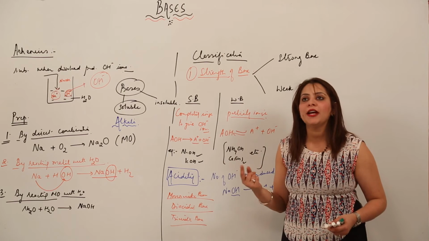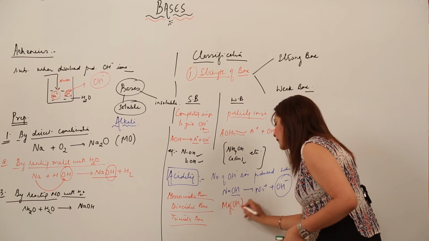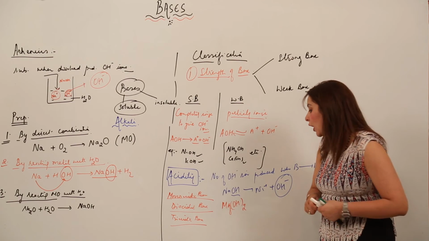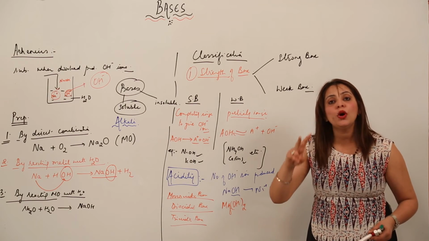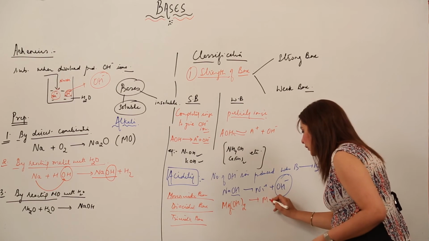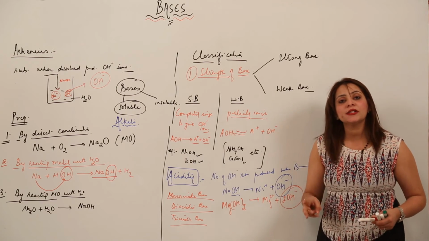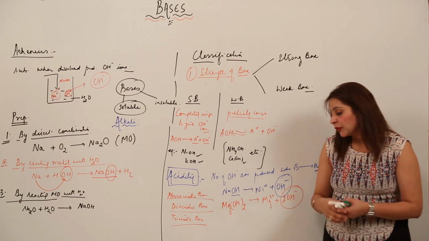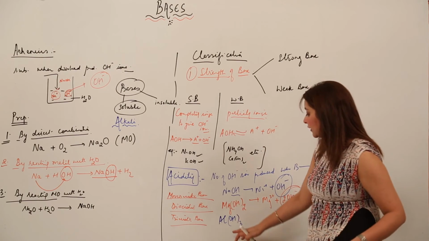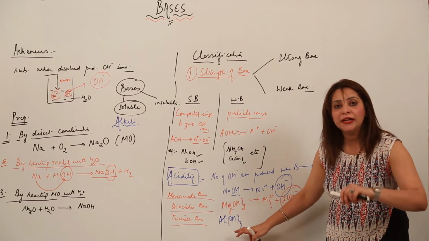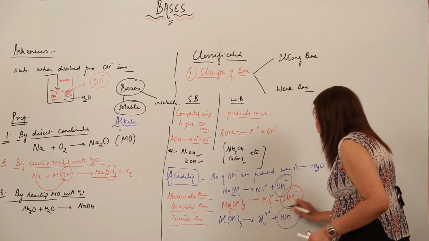Let's think about which base can act as this. Yes, Mg(OH)2, because in one Mg(OH)2 molecule, how many hydroxide ions do you see? Two, right? So when we dissolve it in water, we are going to get 2 hydroxide ions. Just look at the board. It will be Mg2 positive and you will have 2 OH negative. So these 2 hydroxide ions indicate the diacidic base. And when we talk about triacidic, suppose we have Al(OH)3. One molecule carries 3 hydroxide ions, so when it gets dissociated, it will form 3 hydroxide ions. So it is said to be a